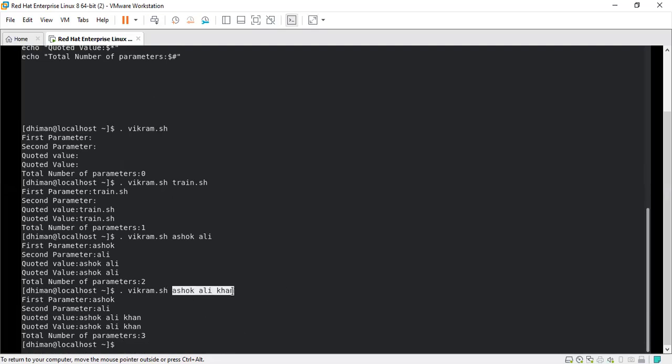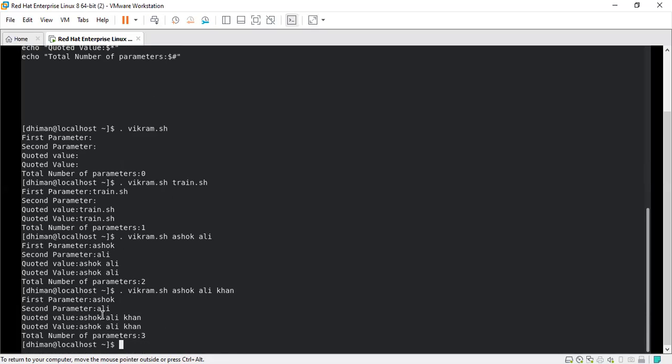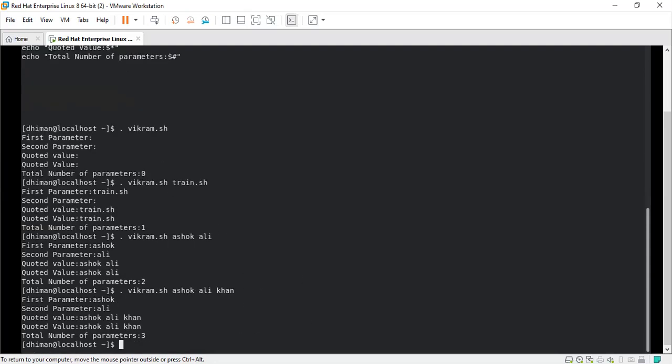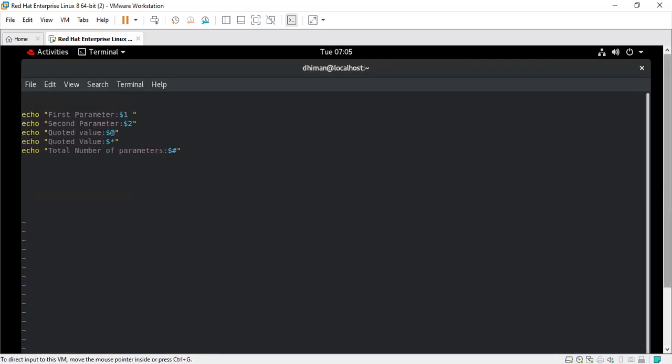As you can see over here, it is taking Ashok as the first parameter, then the second parameter, since I have not defined a third parameter. $1 and $2 are there. So if $3 is there, we're just changing that point. Just moving back to that vi, insert in this file, and you can see that one more echo needs to be there for the third parameter.